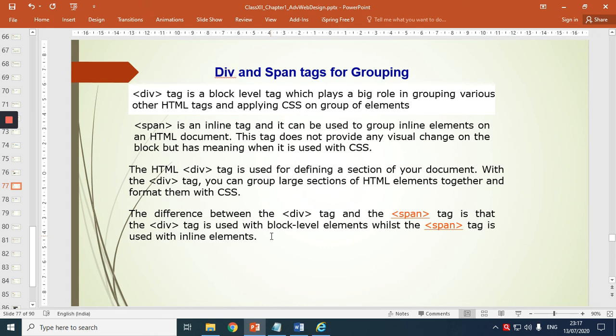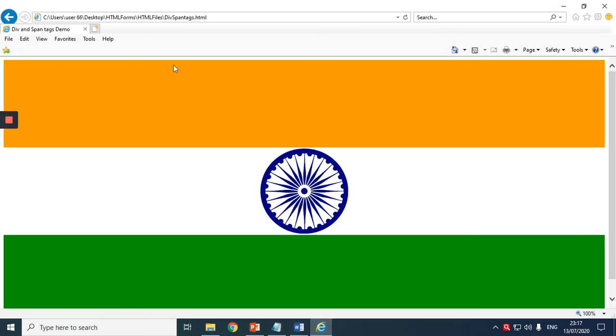Today's websites, what we see, we call all those latest websites responsive websites. These are the websites which provide content properly, not only on the desktop, but also consistently the same content is properly rendered on tablets, mobile devices, iPads, and all other devices. So grouping plays a very, very important role, and grouping can be done using the division and the span tags. I hope the topic is very clear to everyone.